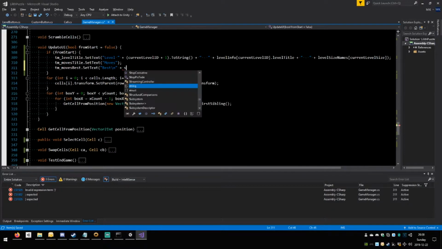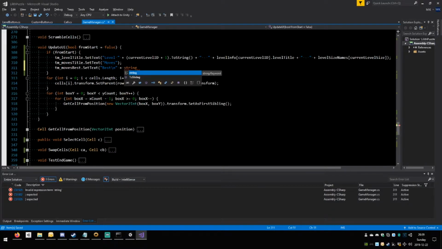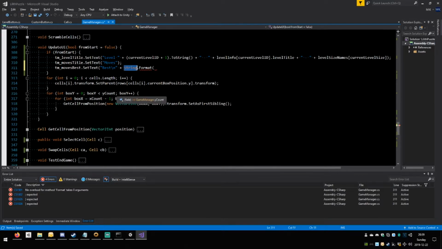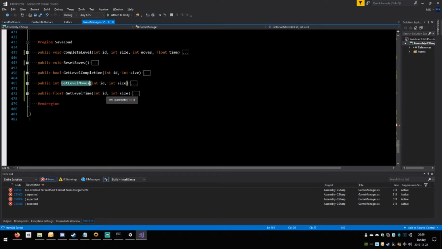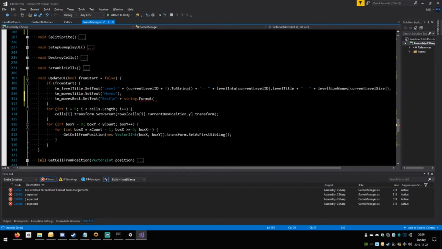I think it's gonna be like this. So string dot format, open round, and here it wants the argument parameters. Okay, so yeah, but we don't really have a string. So perhaps it's gonna be something like this. Get int. So we need to request the get level moves. Copy this one. Yeah, and paste it here. Open round, and now we need to feed it the current level ID. Copy this, paste it here,